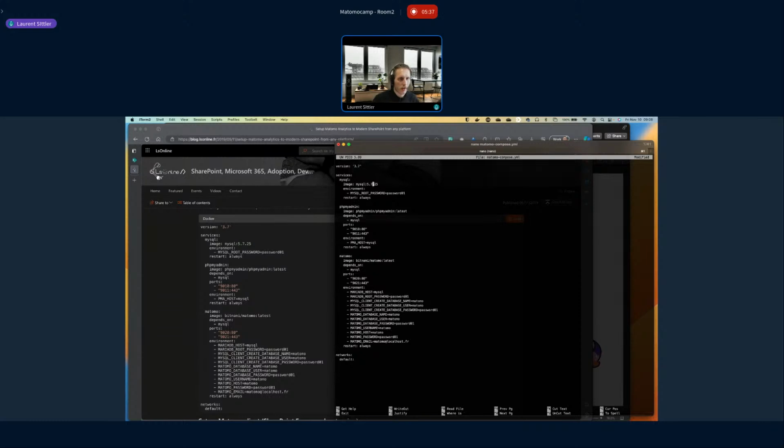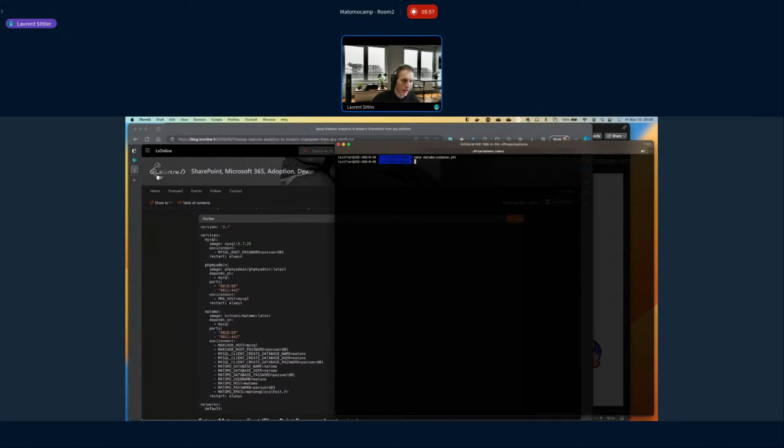First of all, the MySQL version must be the latest one, and for Matomo, because Matomo now provides its own Docker image, we don't have to use Bitnami anymore. And I think this is it for my part. So this is it, and we just have to run it now.